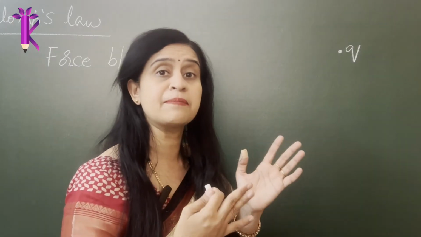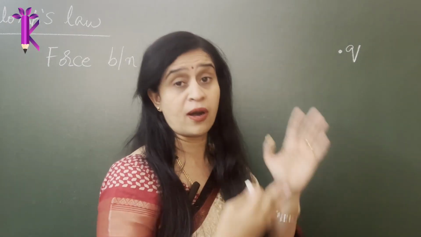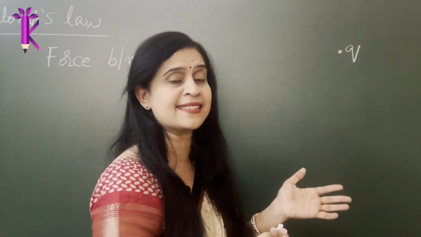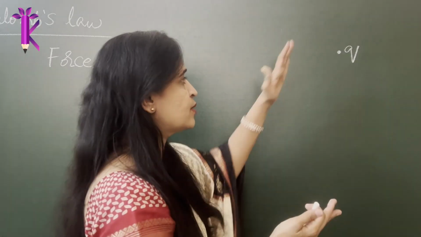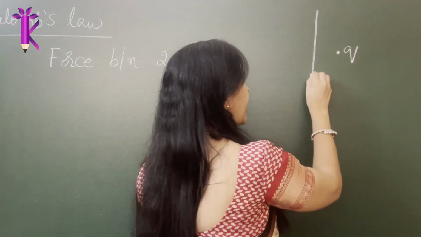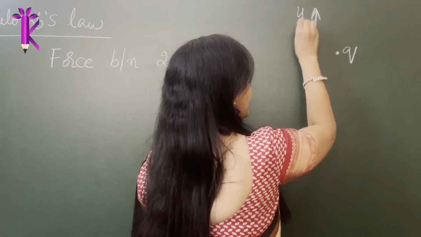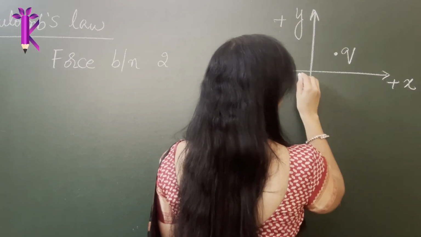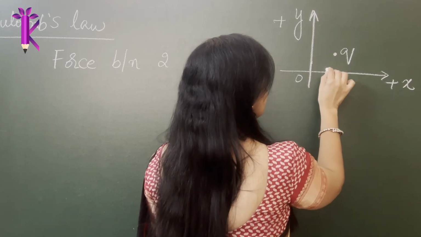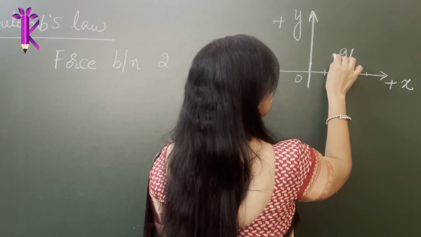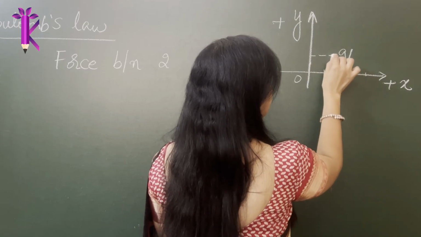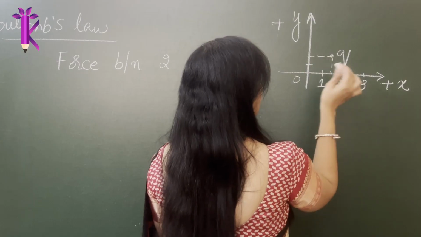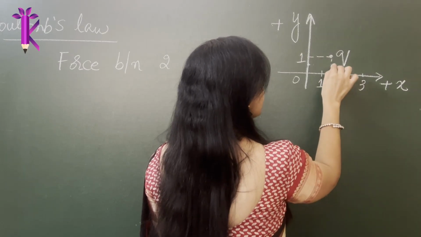A position vector can be defined if you write the coordinate axes. What do you mean by coordinate axes? You define the x-axis, and you also define the y-axis with respect to the charge. So let's write the coordinate axes. Let's call this the positive y-axis, and this is your positive x-axis, and this is the origin O. Now with respect to this, you start dividing it on a particular scale. Suppose it is at a distance 1.5 and 2. So this is 1, this is 2, this is 3, and this is, let's say, 0, this is 1.